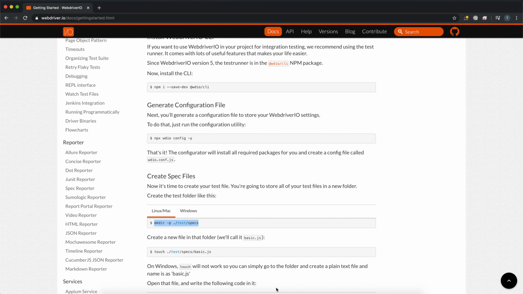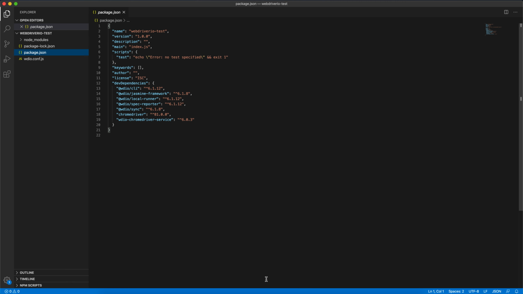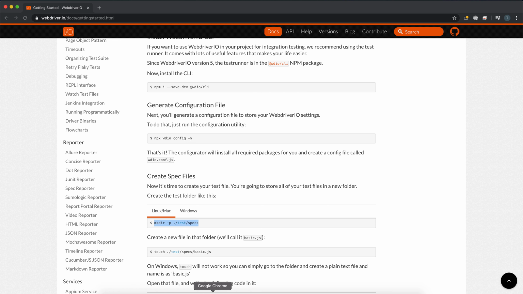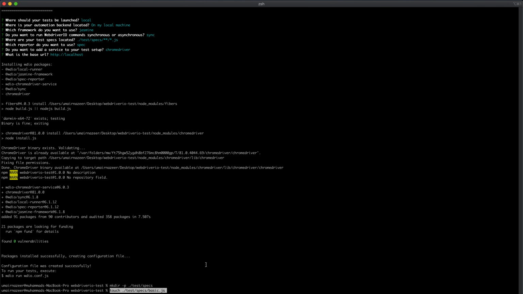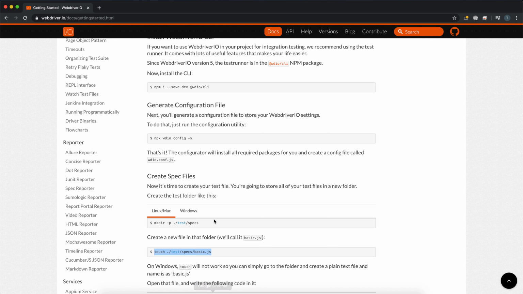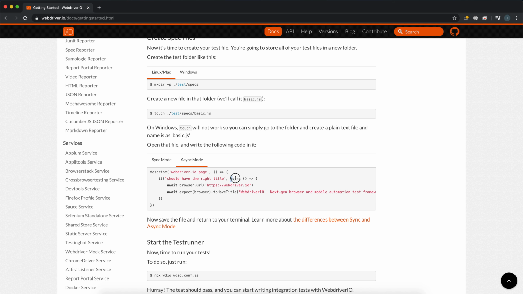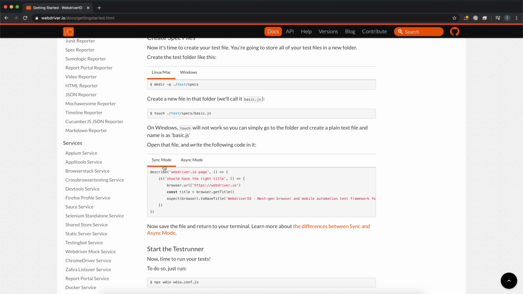Let's make a spec folder. Run this command, and then let's make a first test file. So let's make it test, and as you can see in async mode you need this async and then awaits, a lot of additional code. So in sync mode you really don't need this extra code,